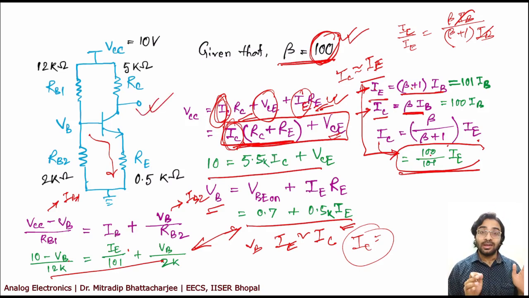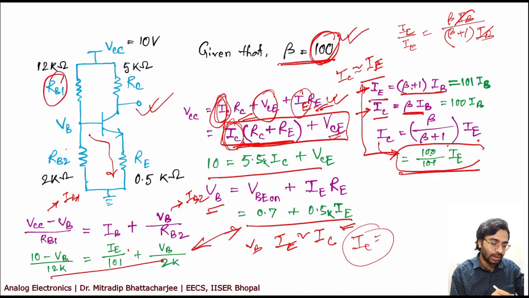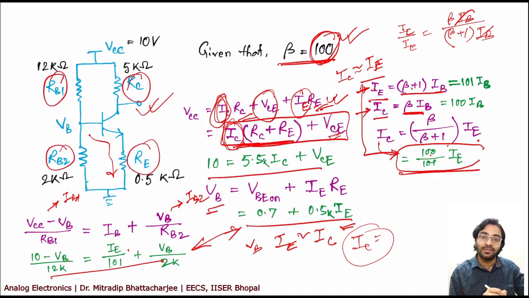Now when I am calculating the operating point, I am doing analysis. However, for design we will go backwards, because when you are given a circuit, you first will decide where you want to operate. Based on this operating point, you will find the values of RB1, RB2, RC and RE, right? Then you will say that you are designing. So in this case, it is kind of analysis of the circuit. So mostly this course is for analysis. However, I'm just telling you what design is all about.